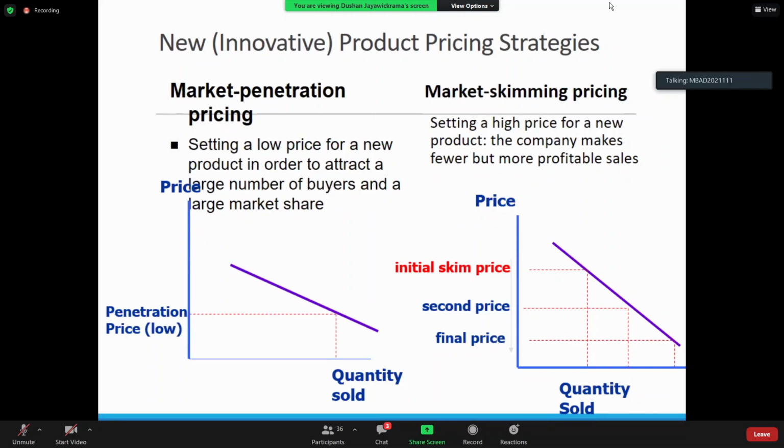Yes. So basically, under commercialization, we sell the product at the final price, right, sir? According to market skimming pricing. May I know your name, please? I'm Aruni. Aruni, yes. In commercialization, we sell the product at the final price which we thought would work.